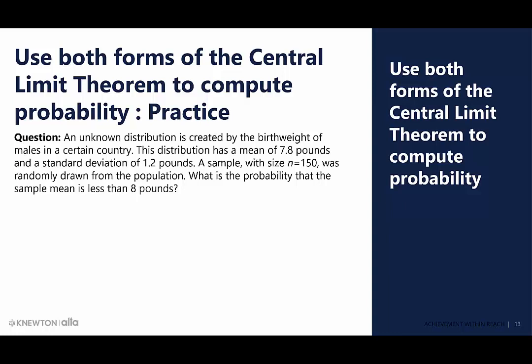Okay, so what I like to do with this one is I like to go ahead and take that last statement. What is the probability the sample mean is less than 8 pounds? And I like to write that in my probability notation. So that's the probability that X bar is less than 8 pounds. Okay, I like seeing that because now it's going to help me when it comes to my lower and uppers. Okay, in fact, what is our lower bound? So we're talking about being less than 8, right? And so that means that our lower bound is a negative 1e99. So once again, go back to the last video if you forgot what that meant. That means a negative infinity for us.